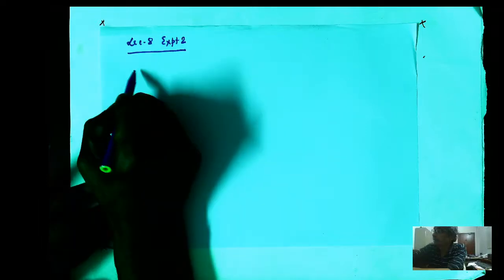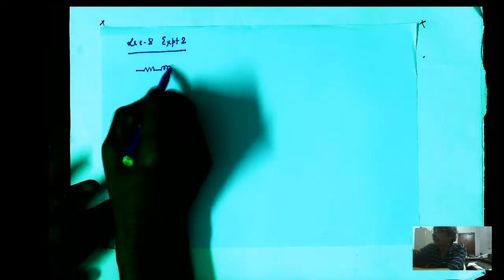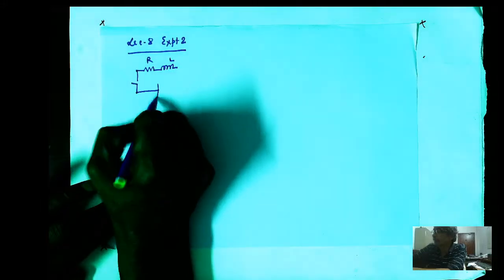Welcome to lecture number 8 in relation with experiment number 2. If you recall, last time I told you how to solve a first order linear differential equation and then applied that to solve the response of a series RL circuit which is connected to a DC source at t equal to 0, and this was the result of that. Here was RL, here was the switch, here was the constant battery